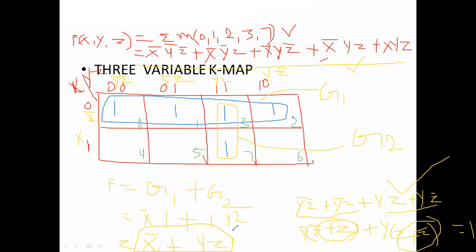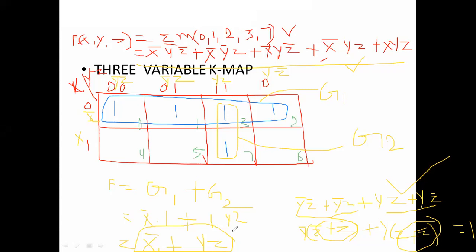In this way, in any problem, first understand how many variables are there. 3 variables are there, then draw the 3 variable general K-map. Is it sum of products or product of sums? Here, sum of products, that's why we put ones and group the ones. The maximum number of cells is 8. Is there any possibility for 8 ones? No. Then we move to quad, that is 4 ones. If there is a possibility, go to 4 ones and group it.